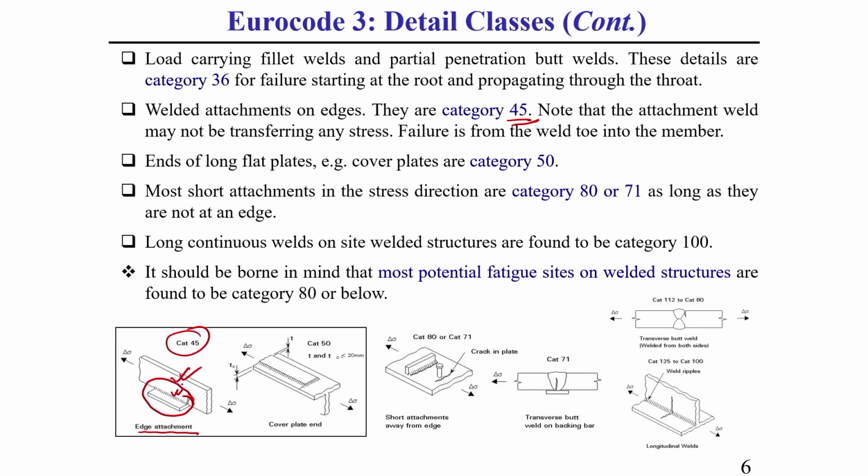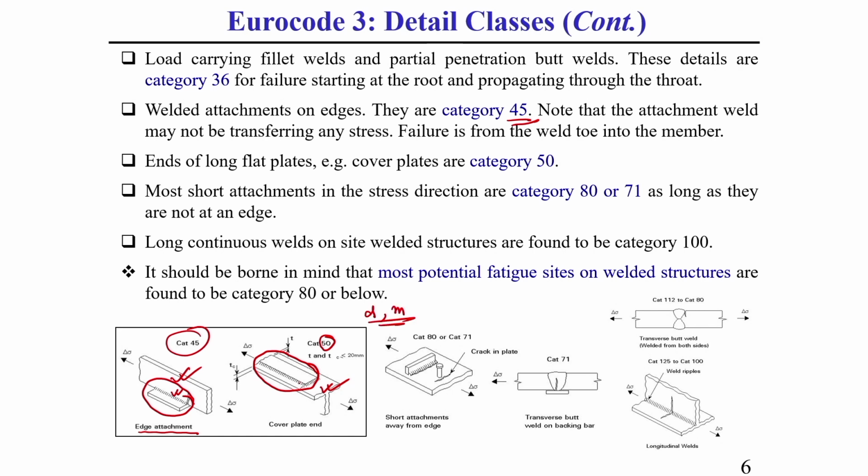This is category 45. Then category 50 means the end of a long flat plate, or a cover plate. If you use this type of configuration for some structure, there you can directly consider what the FAT value is. According to this FAT value you can decide what the D value and what the